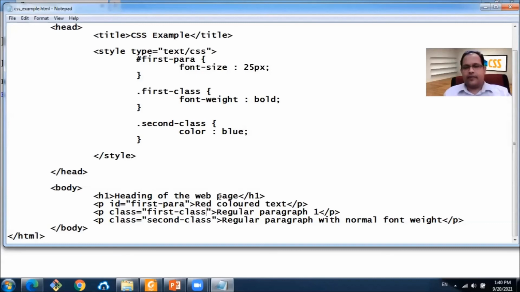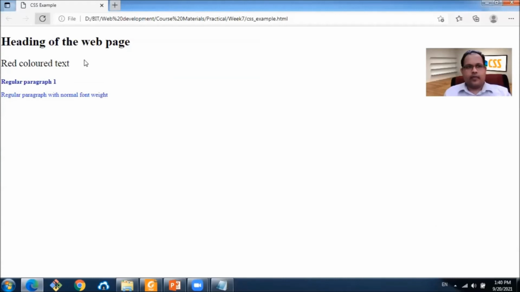Now, for example, we can add the second class also here. Now, this paragraph has two classes, first class and the second class. Now it is blue and bold, and the other paragraph only blue.